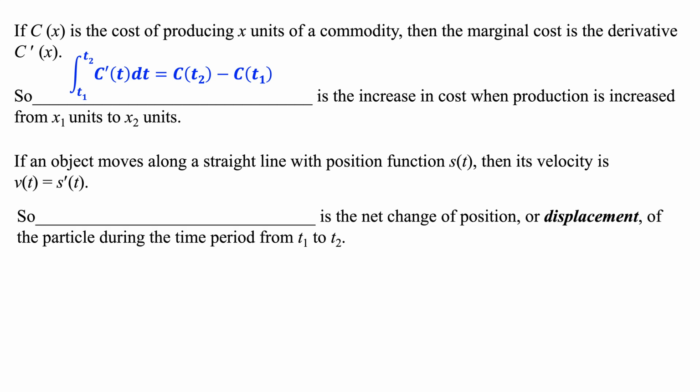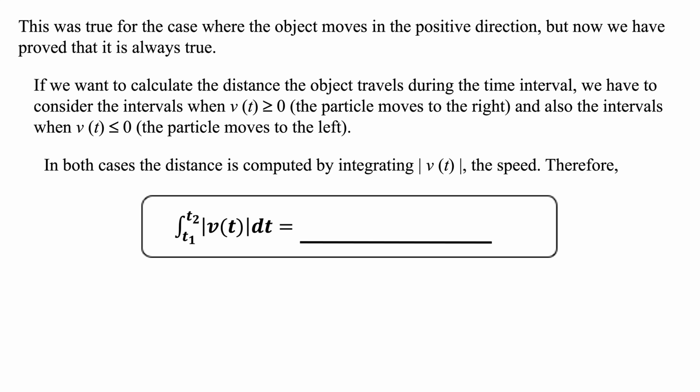The velocity v of t is s prime of t, so if we integrate from t1 to t2 of the velocity function with respect to dt, then the position function s of t2 minus s of t1 is our net change. Or, there it is, displacement. Net change of a position is displacement, also known as your net change. So this is true for the case where the object moves in the positive direction, but we have proved that